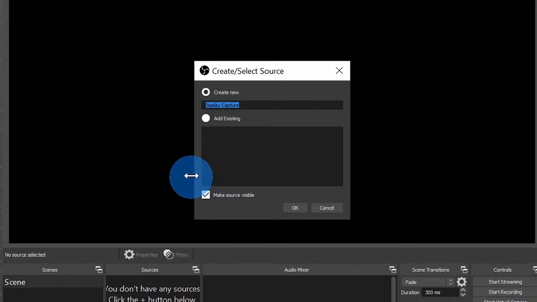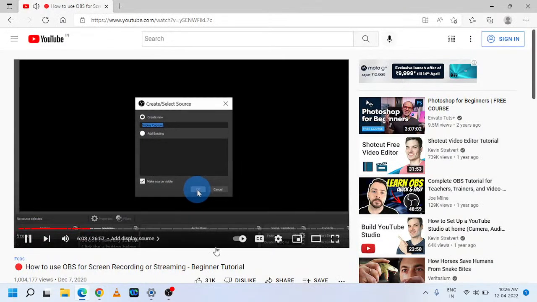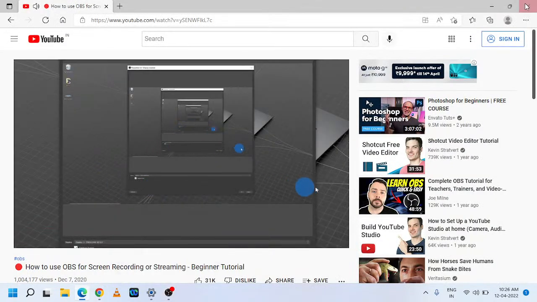This opens up a prompt where we can give it a name. I'll simply leave it set to display capture. Once again, if you start adding many different sources, it helps to give it a unique name so you could identify it later on. Let's now click on OK. This opens up properties, and here I can now